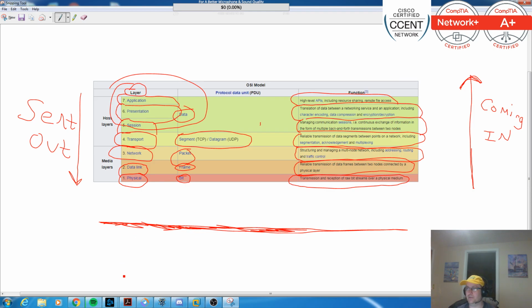And if you think of that concept, you really can't go wrong as far as knowing how it breaks down, sending it out or coming in. As far as I know, you really won't have to know it like this as far as the ICND1, but it does help to understand this even for troubleshooting for the OSI model. So guys, that is the OSI model. If you need to find this online, really understand it. You're going to need to know the OSI model, guys. If you don't, you're going to be in a world of trouble when it comes to troubleshooting